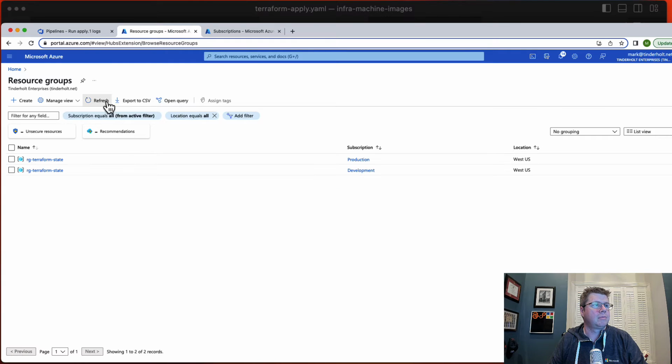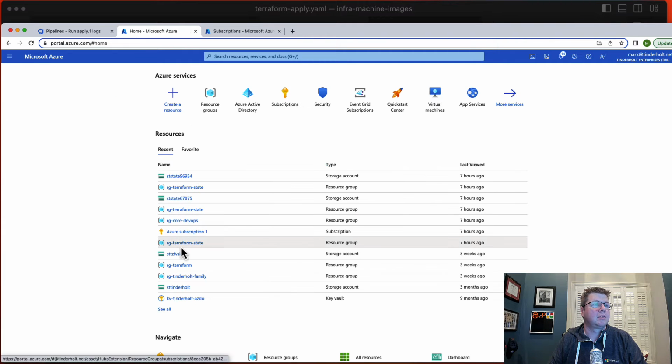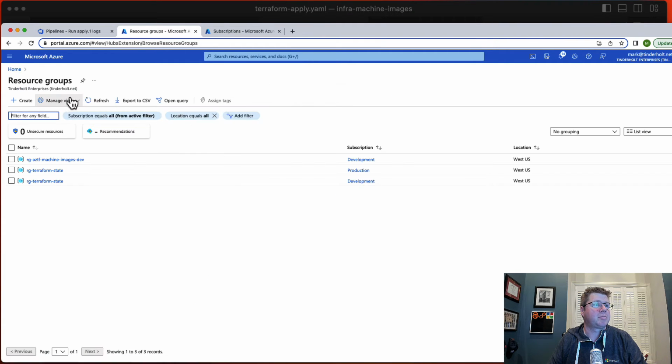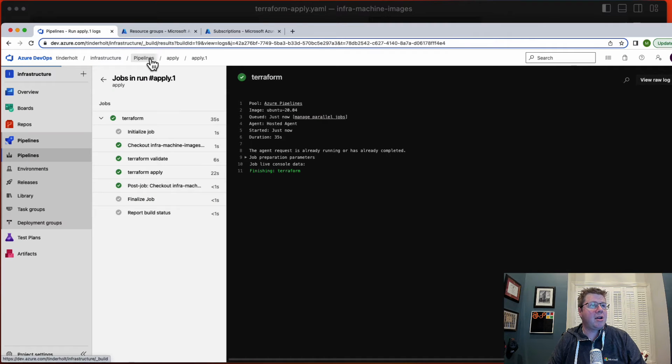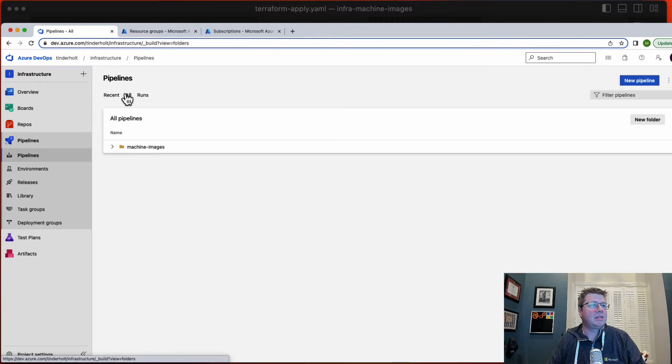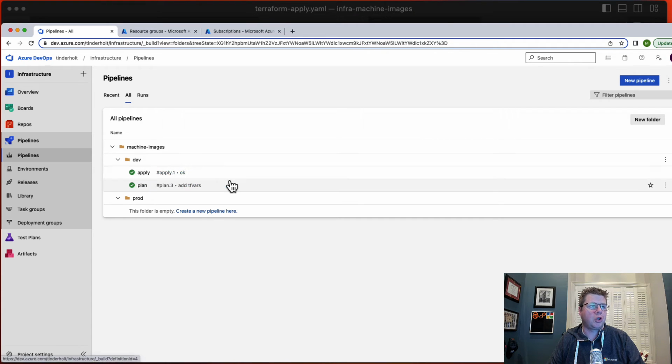There we go. Let's see if it pops up yet. I'm like spamming the refresh button. There it is. So RG AZTF machine images dev, and it is in our development subscription. There we go. So now, because these pipelines are so reusable, I can very easily